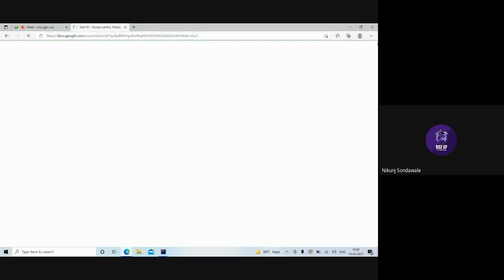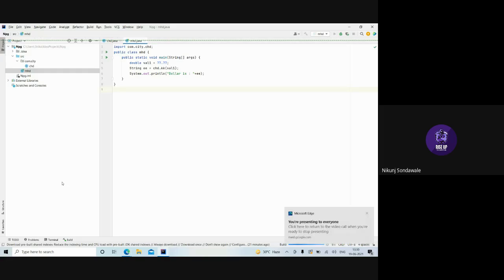We have already studied access control in previous lectures, but why are we learning it now? This access control will help you to manage your files and your classes inside a package, like which classes and which methods can access your package class.